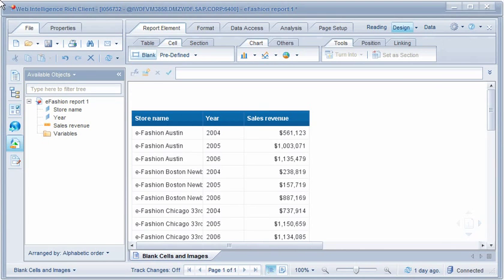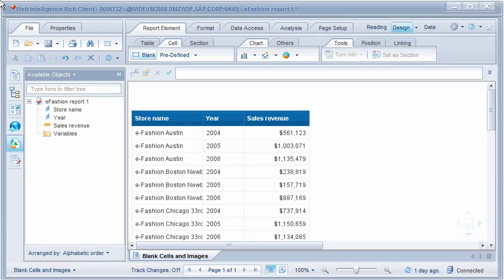When creating Web Intelligence documents for use with SAP Business Objects Mobile for iPad, we need to take some additional steps to enable the display of blank, standalone cells or cells with images. In this example, we'll format a blank cell for display in SAP Business Objects Mobile, and then configure an image for display in the cell.